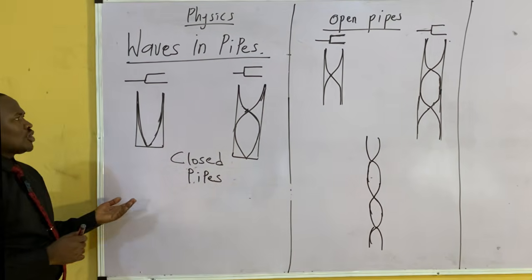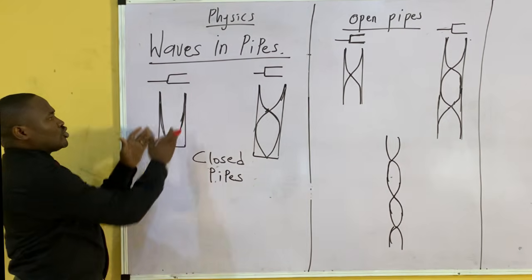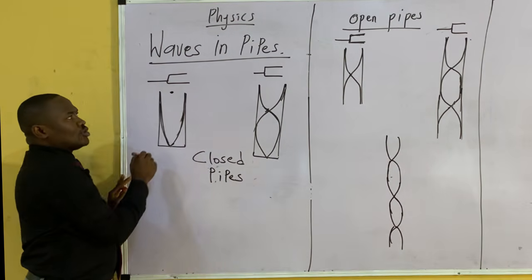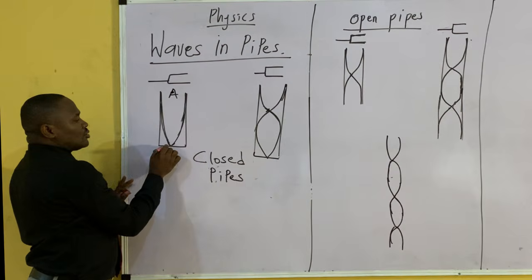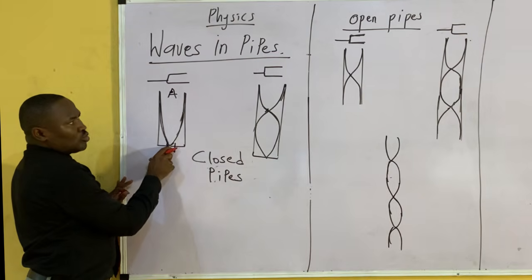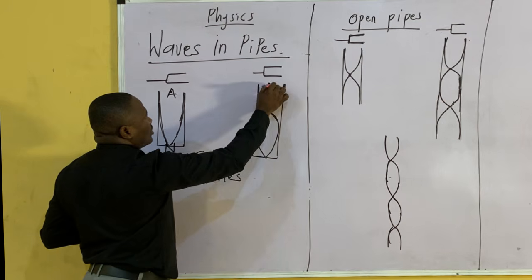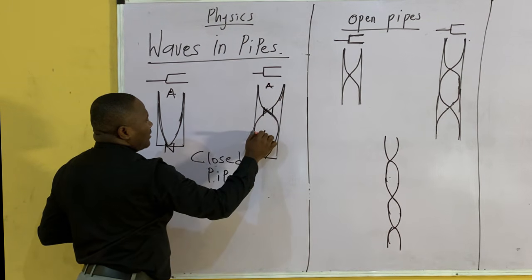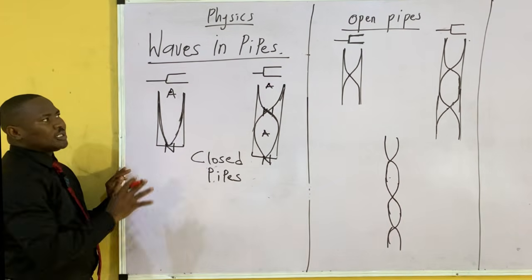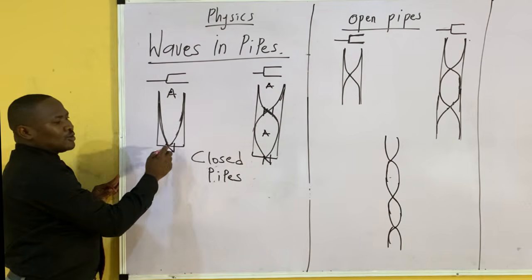Now, there is something about the closed pipe. The closed pipe has a measurement of its length. For instance, this point is called the antinode. Remember, this point is called the node. This point is called the antinode. So for this case, we have the antinode, we have the node, we have the antinode, and we have the node. Now, remember when we're treating waves, we said the distance between the node and the antinode is